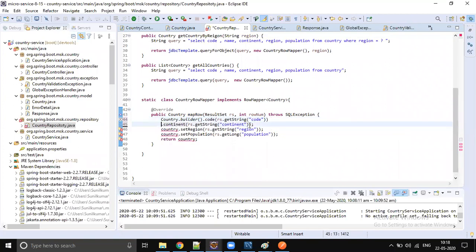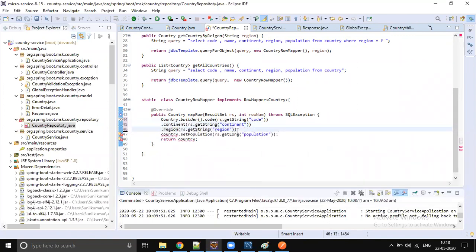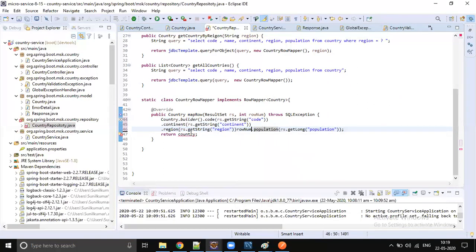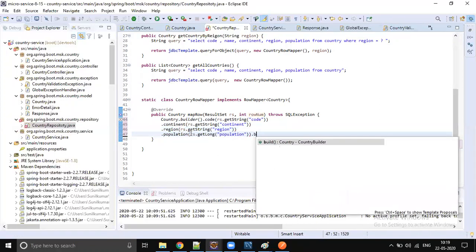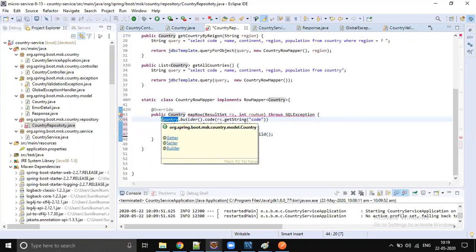Remove all setters and put simple dot parameter. This builder thing, what you're taking, is a Lombok property. And call build method. You get the country created, just return that country.